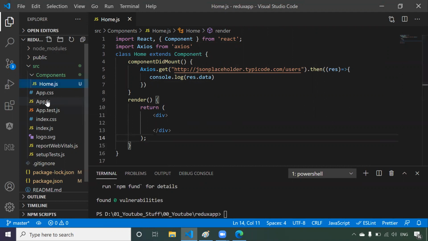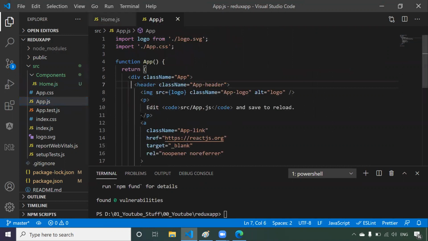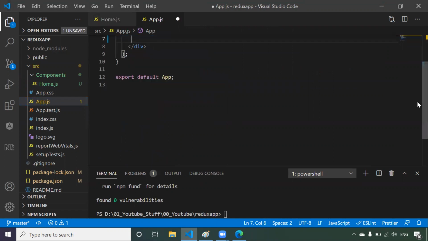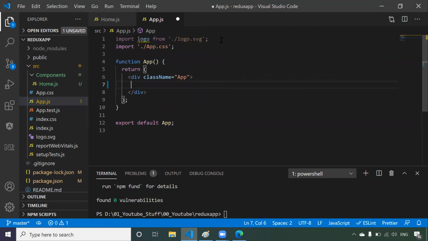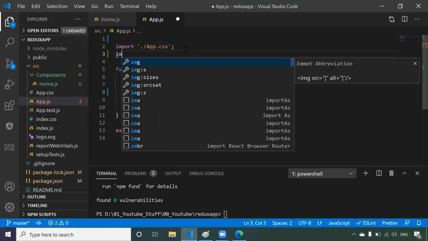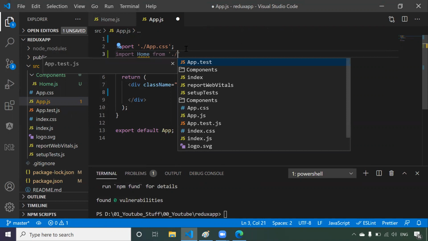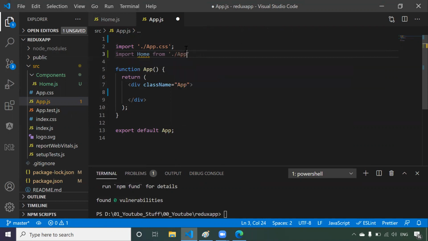Okay guys, let us see whether we are getting the data from the server or not. So we have to go to the app component, and let me remove all this code. Now we have to just import our home component. How do we import it? Just import Home from components, and home.js.